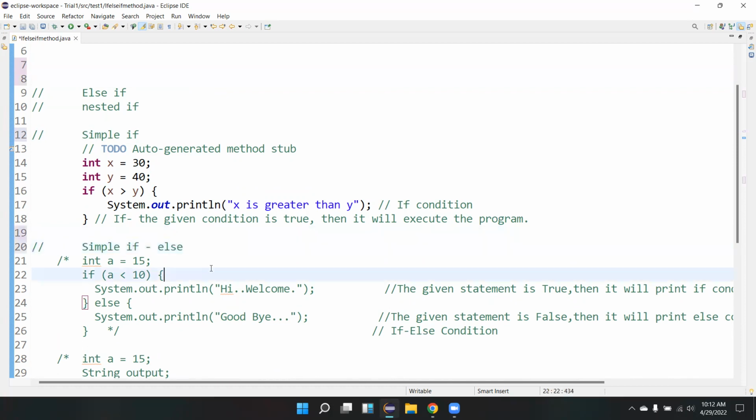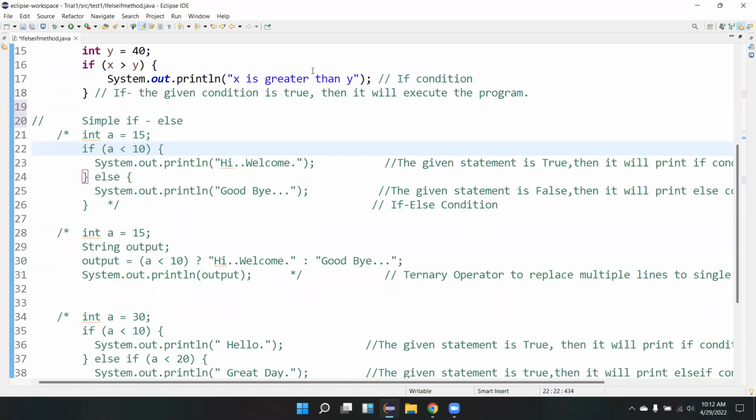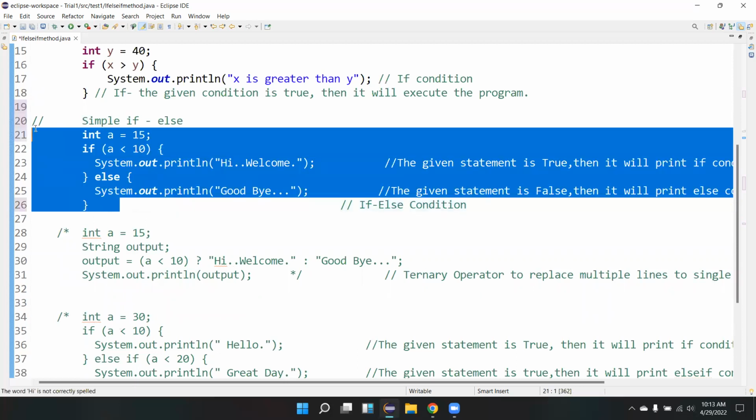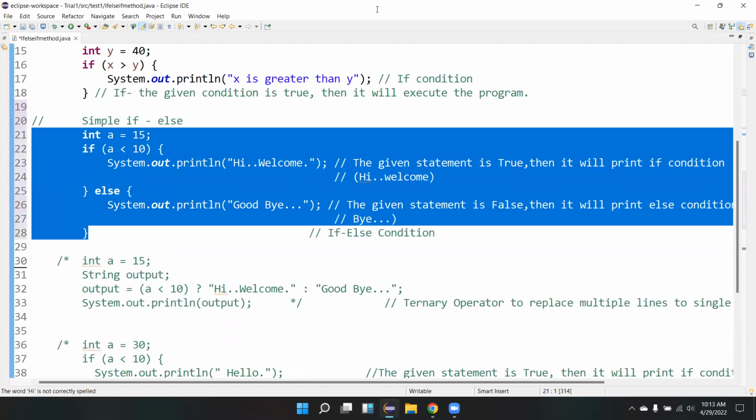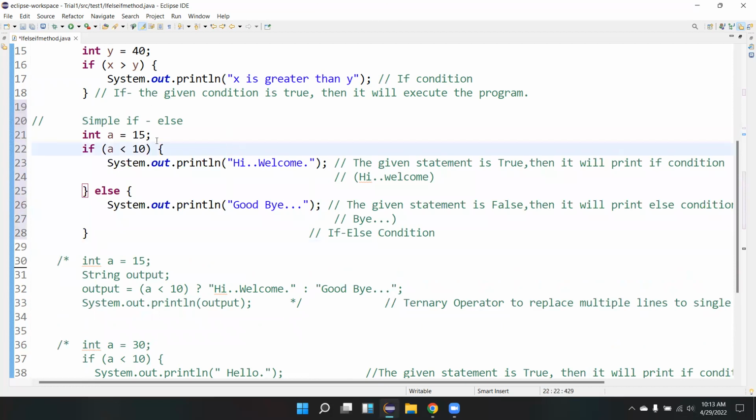If you see here in the simple if else, int a equal to 15.